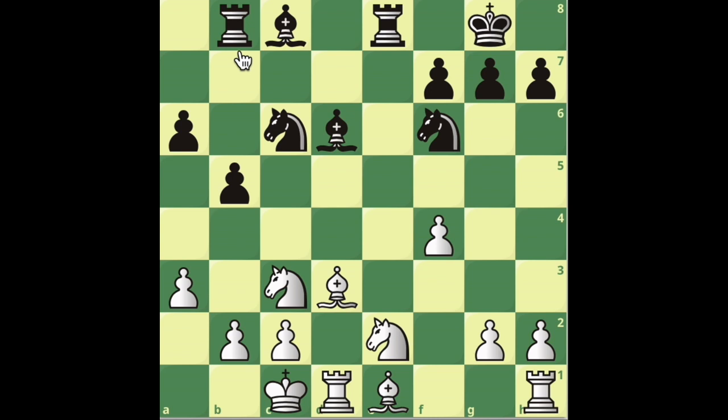If instead black plays something like rook to b8 here. Okay, well, here you can take this, right? So that's just an example. Now you may say that black can win a pawn as well. Now take back. And when we lose our bishop,